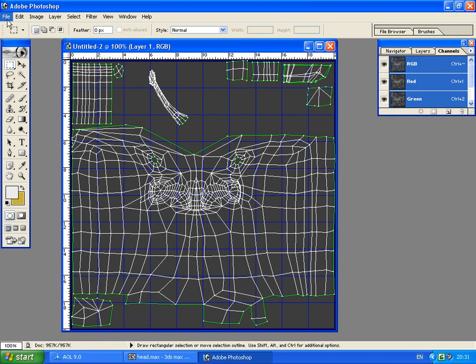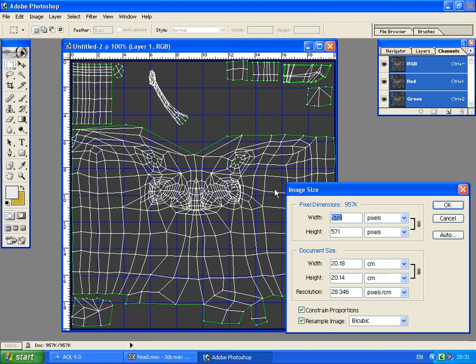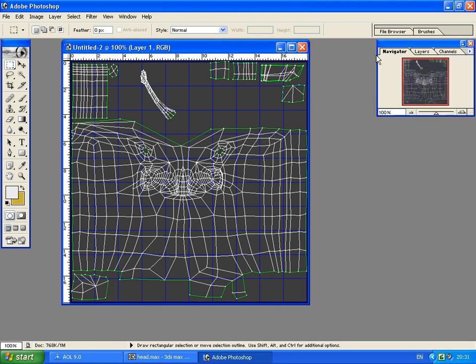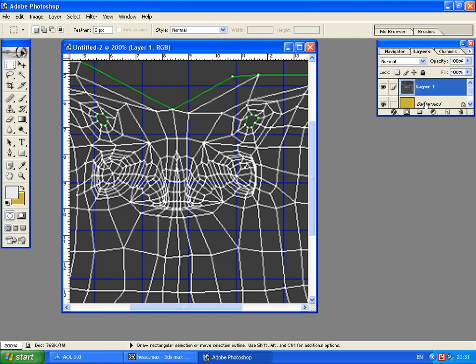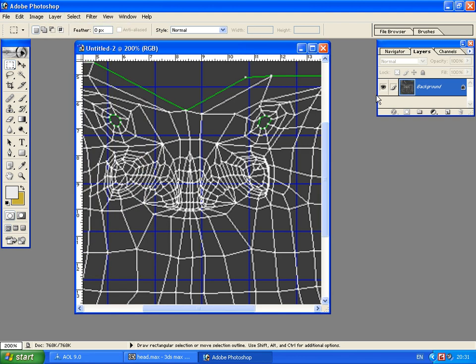If we were going to be doing it in a game, we could go to image size, and we'll change this to 512 by 512. So there's our map. Excellent. So let's just flatten it. Control and E flattens it, or you get a layer and flatten when it's unflattened. I'm going to create a new layer,